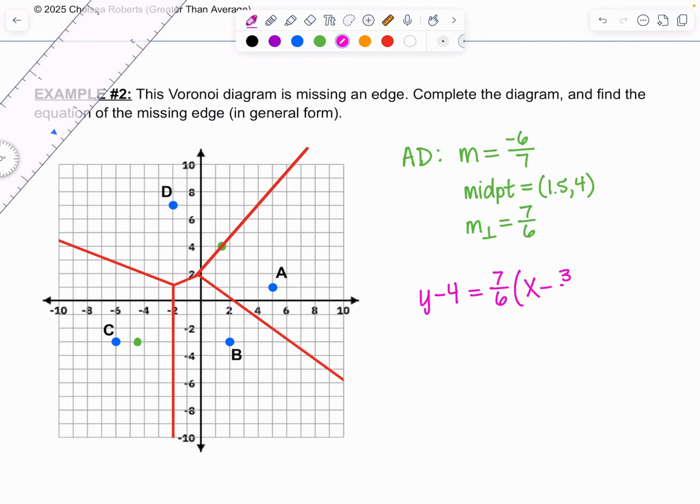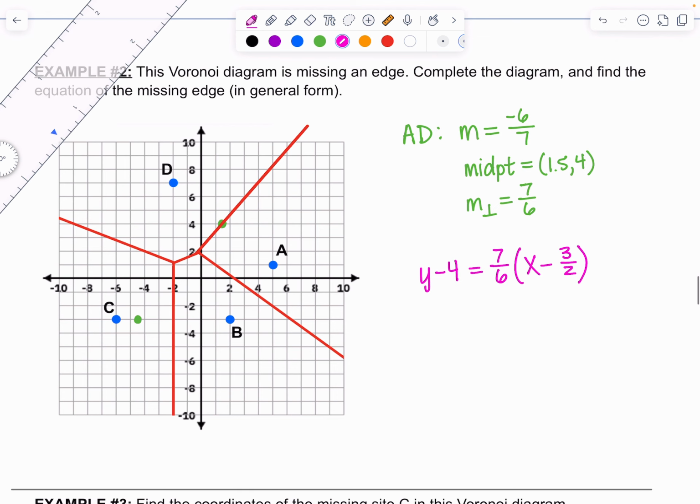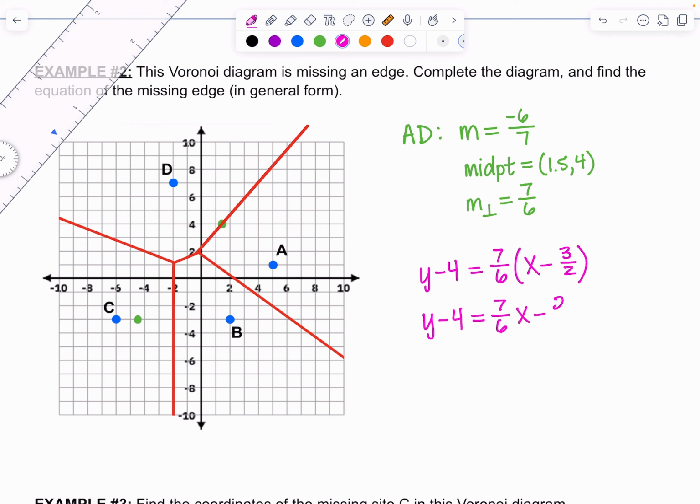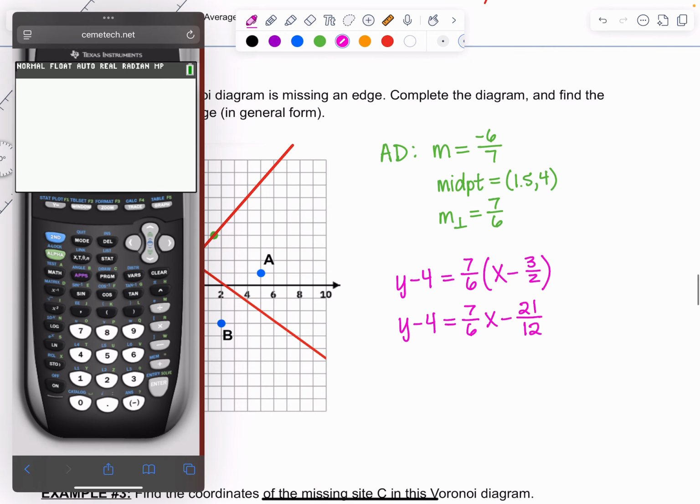And 1.5 is the same thing as 3/2. So of course, I would need to distribute, right? 21 over 12 will simplify to 7 over 4. So if I wanted to here,